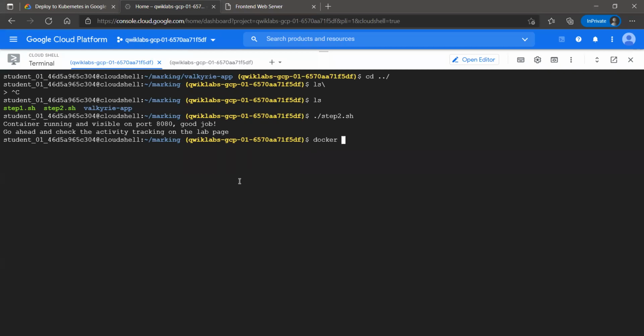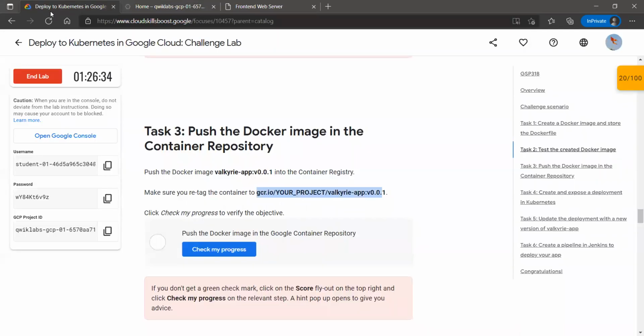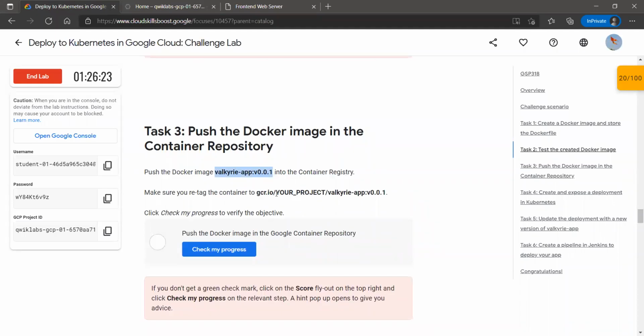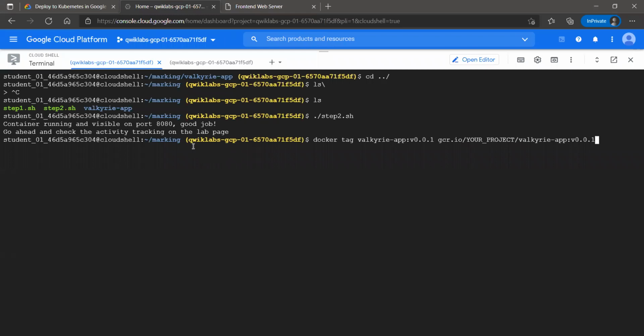So docker tag this to this, and simply this your project will be our own project ID. This is your project ID, just copy it and replace it with your project.